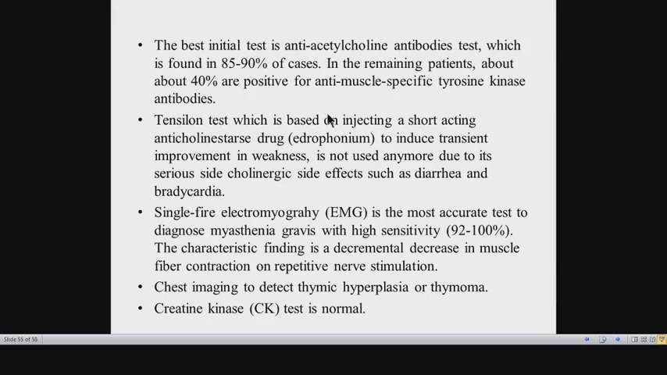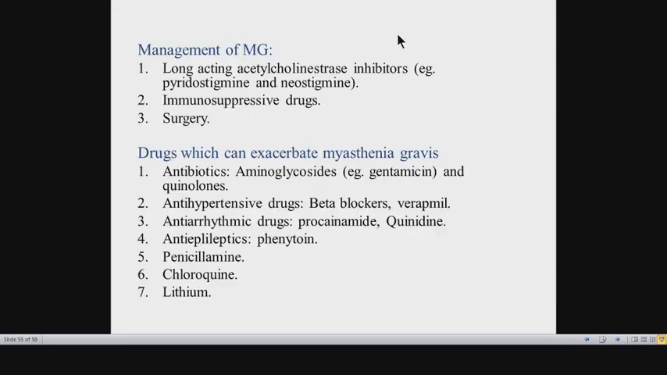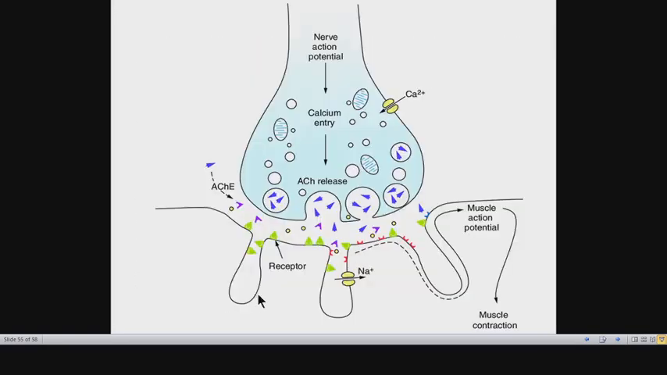And these side effects include diarrhea, include bradycardia, include hypersalivation, include urination, excessive urination, urinary incontinence, and there are meiosis, and there are other features as well. These are the feared complication. Along with that, we also said إنه